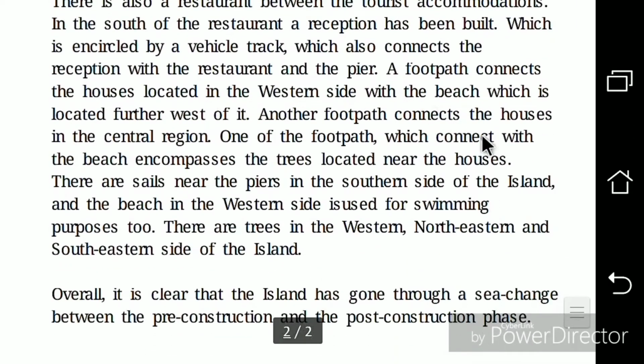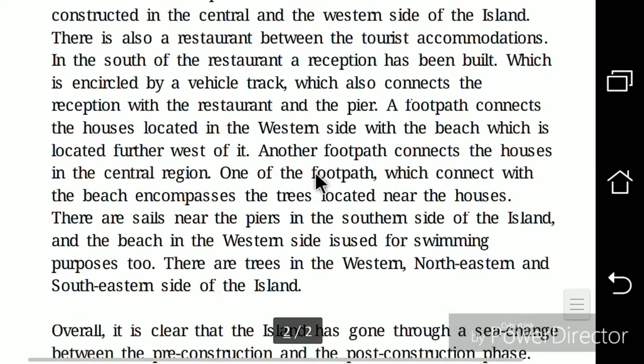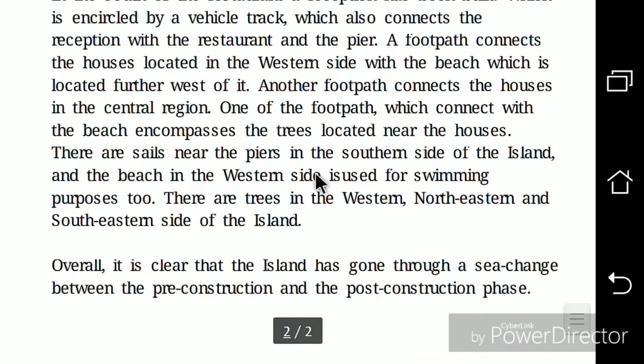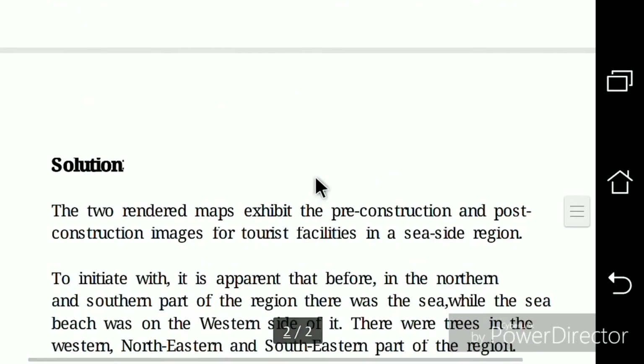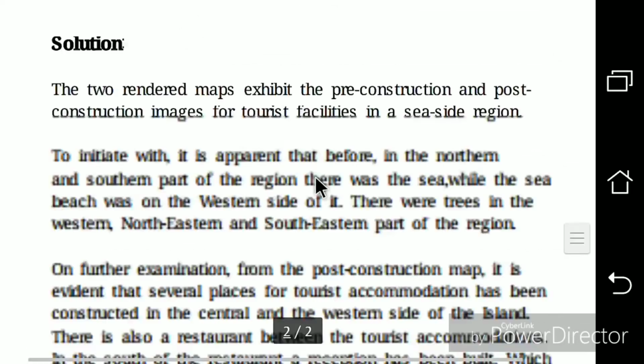Another footpath connects the houses in the central region. Here I have mentioned another footpath that is connecting all the houses. One of the footpaths which connects with the beach encompasses the trees located near the houses. So here I have also talked about the footpath that is encircling the palm trees, or the given trees, and after that I have written